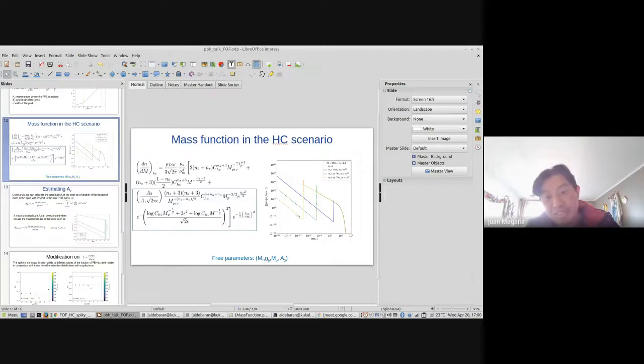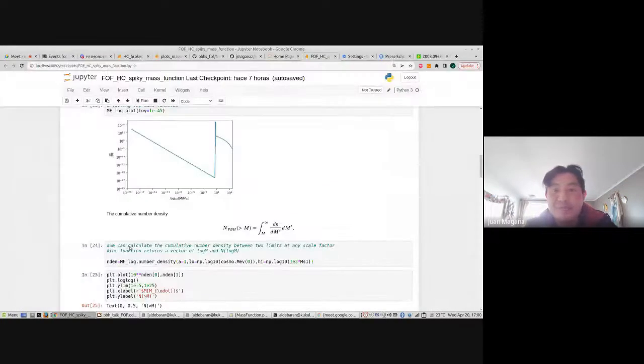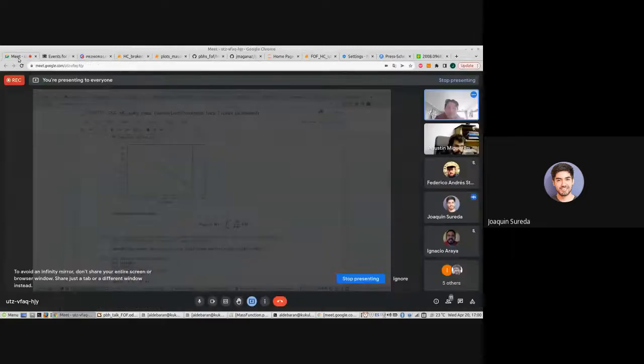And then you can put more mass inside the spike, but you have this physical condition. It is for this reason. Okay, thank you.